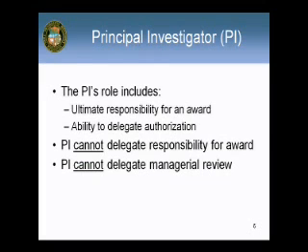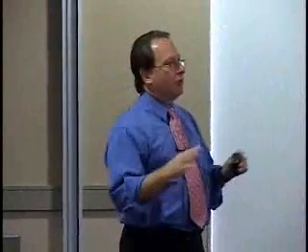We either are compliant or we're not. So there's no gray area. There's no middle ground. It either is or it isn't. And this is why it's so important we understand, from the standpoint of the PI's ability to authorize transactions, there's only one person who can authorize a transaction to a grant from an allowability standpoint, and that's the PI. That's because that's who gets the grant and who's in charge of it.